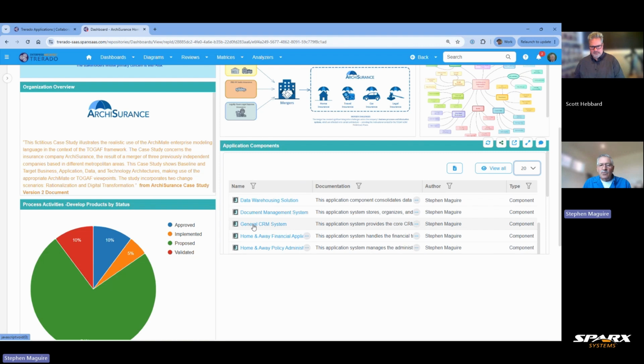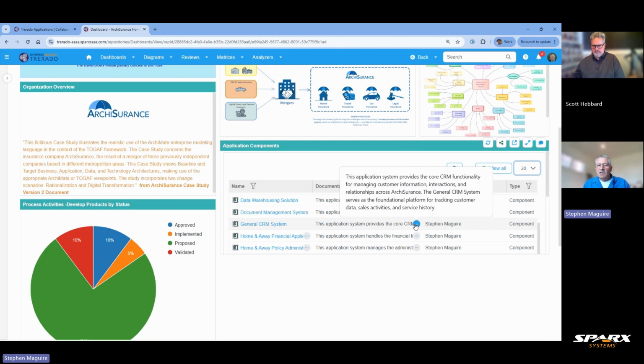Let's select this general CRM system here. We've got those notes. We can click on that and see what the description is. This application system provides the core CRM functionality, so customer relationship management for managing customer information, interactions and relationships across ArchiSurance. The general CRM system serves as the foundational platform for tracking customers' data, sales activity, and service history. If you're a salesperson, this is all bread and butter for you, but someone else that may not know about the application,